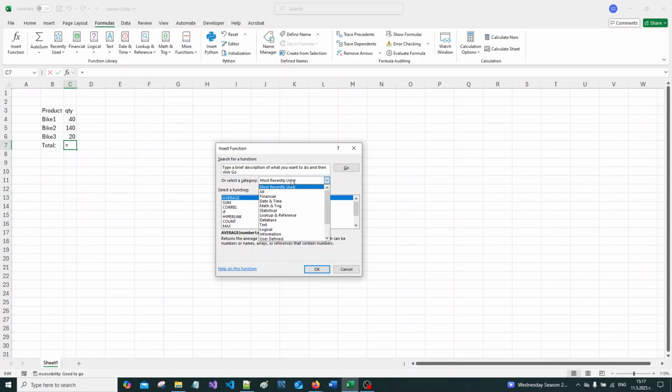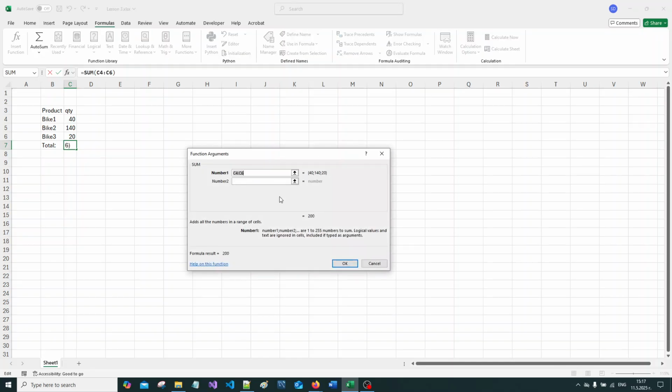However, because there are many functions, you can narrow down the filter to mathematical functions, and then search the function by typing sum, click the Go button, and Excel automatically shows you the list of built-in functions which contain sum in their names. I select the first one, click the OK button,